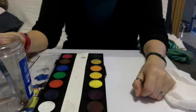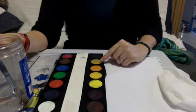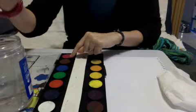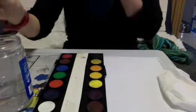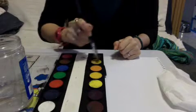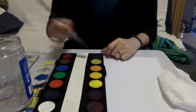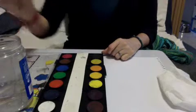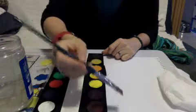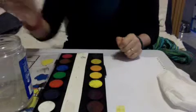Two good base colors are a beige, kind of like a browny yellow, or the brown itself. Doesn't matter really what your skin tone is, these are two good ones to start with. So if I start with a bit of beige, I'm going to mix it up on the paint palette here. If I test it here, it's really quite yellow. It's not very good. So